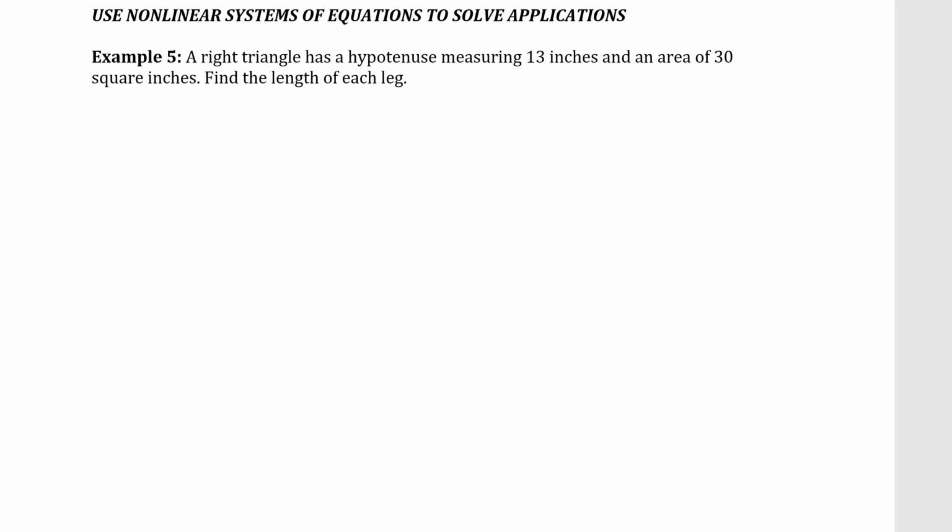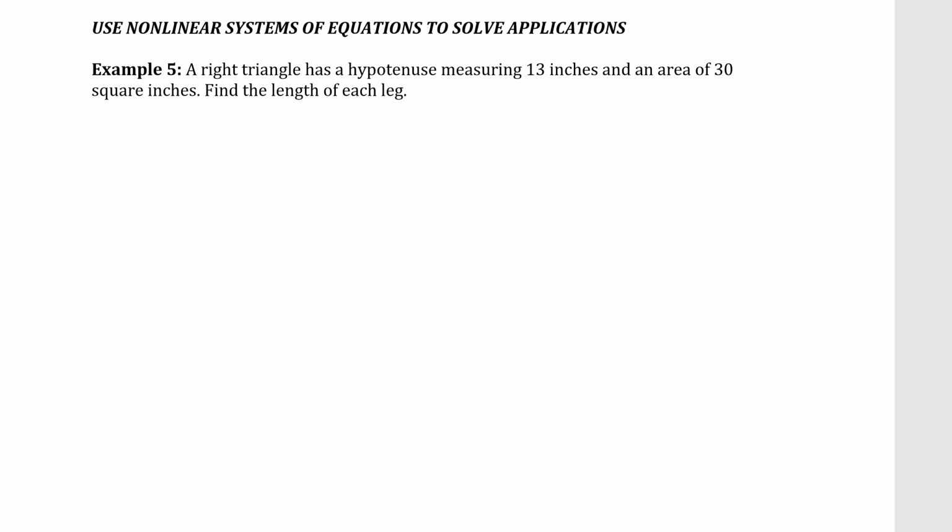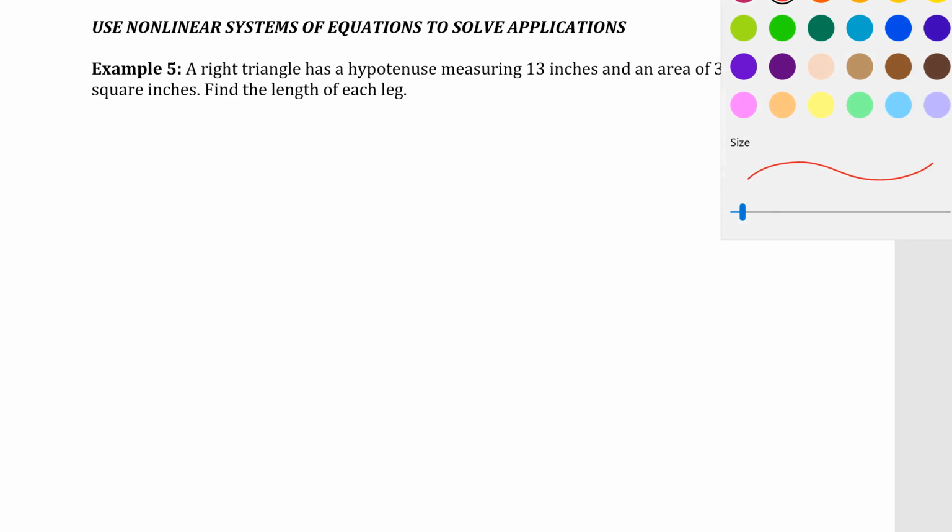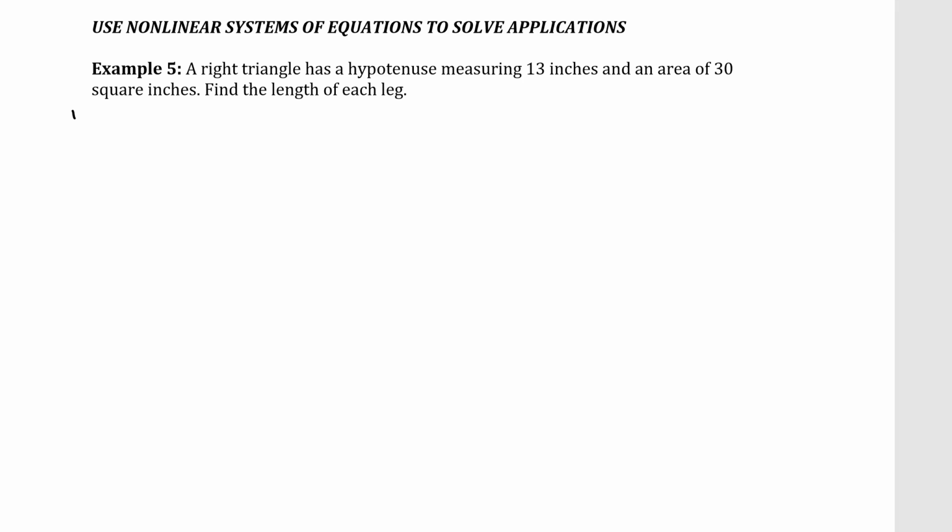So we've talked about having nonlinear systems of equations and how to solve them using either the elimination method, substitution, or the addition method. So now we're going to talk about how to do this with an application problem. If you notice, a right triangle has a hypotenuse measuring 13 inches. That's kind of nice of them. They told us some information. So we have this right triangle,